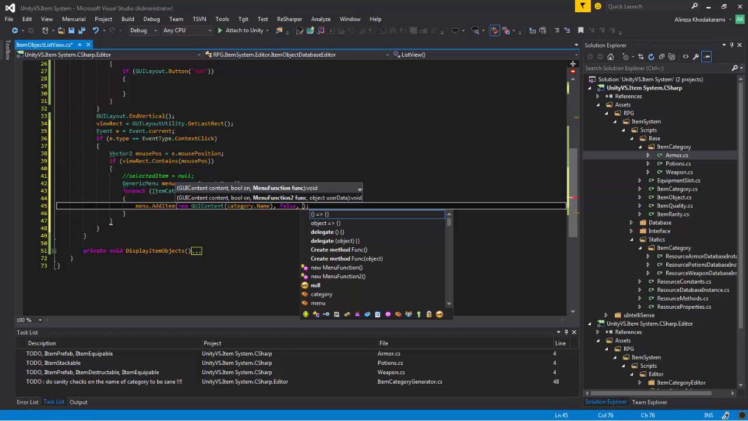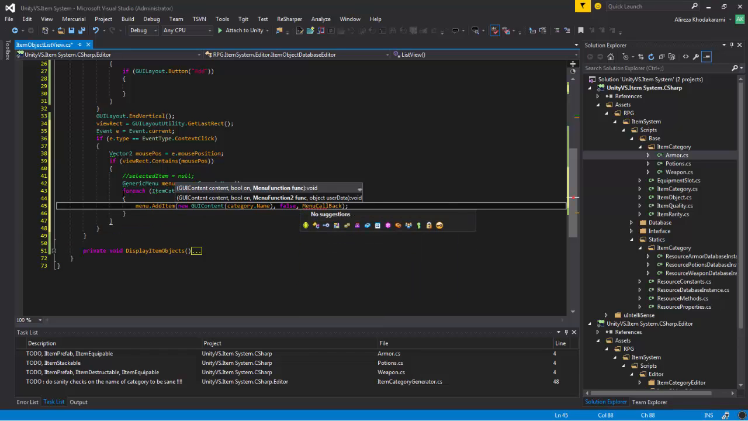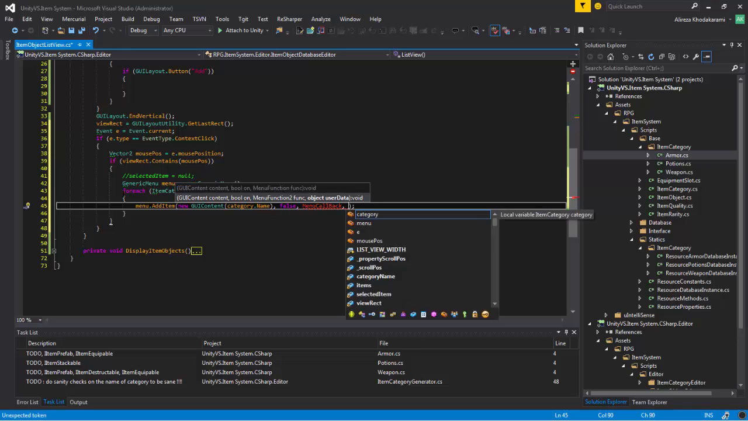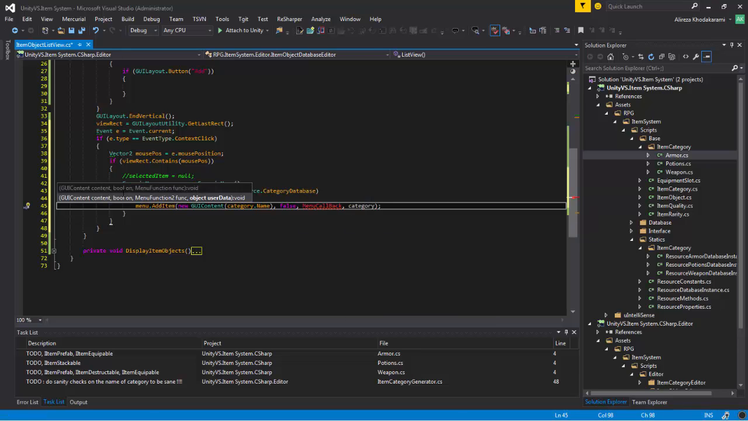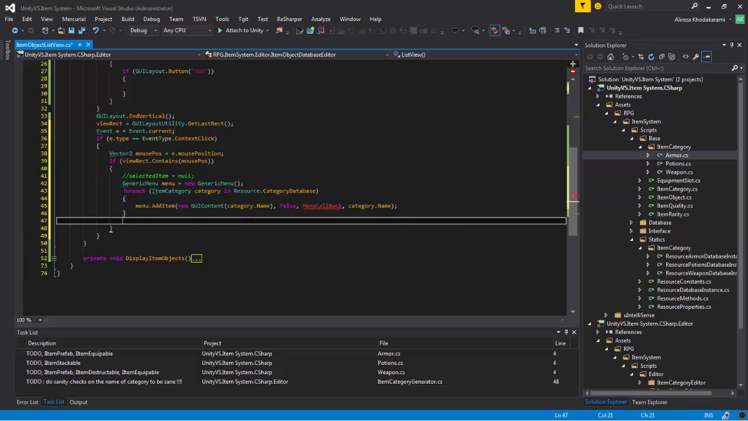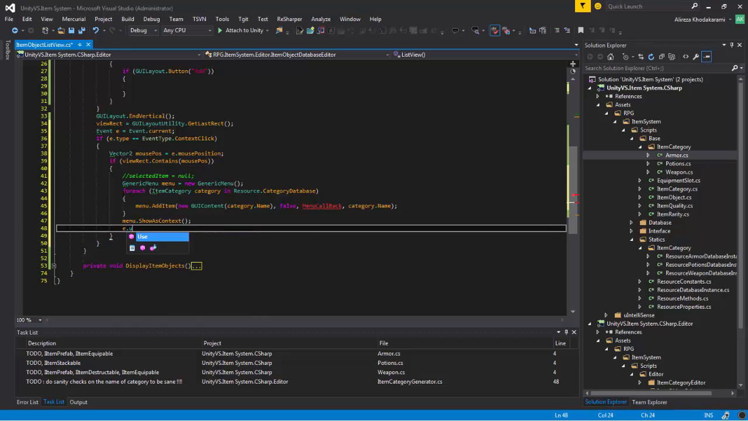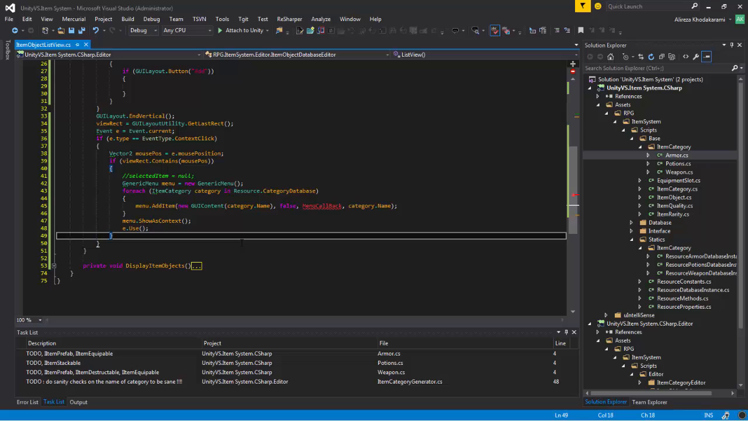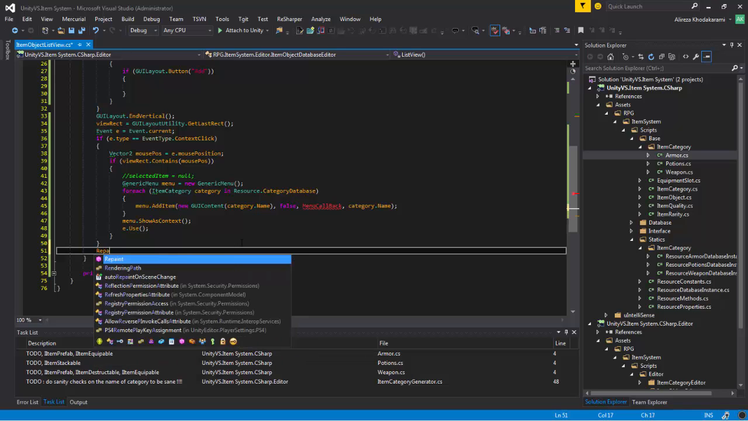Then we want a method to be called when this special item is clicked. We call it menu callback, and what we want to send inside it as the data is category.name. That's all. After the for each loop, we say menu.show as context, and finally we say e.use the event. Okay? So we don't have the method yet. And after the if, by the way, after the bigger if, at the end we say repaint to repaint the